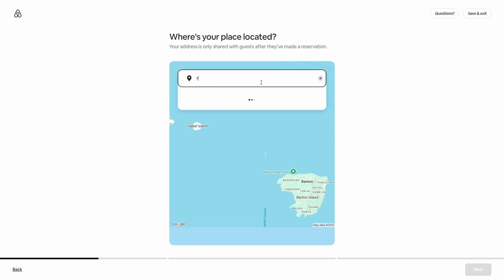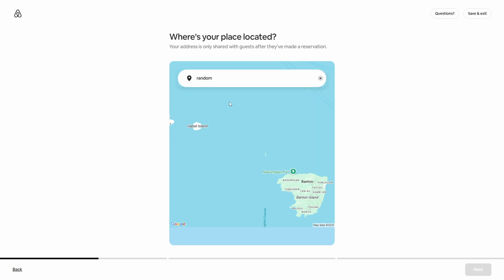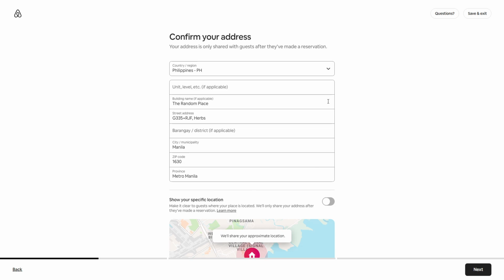Next, you will need to enter your property details. You will be asked to input your address, which is the location of your property, description,